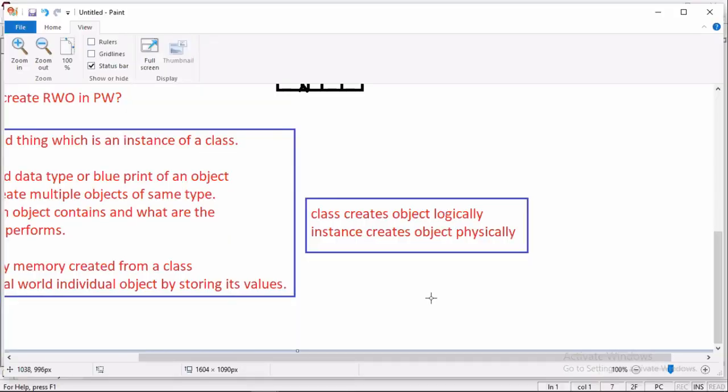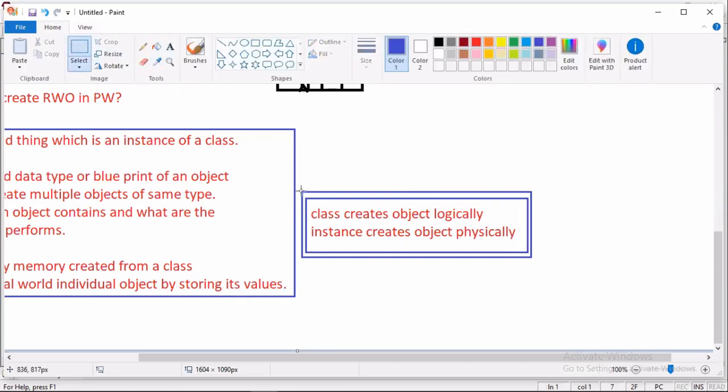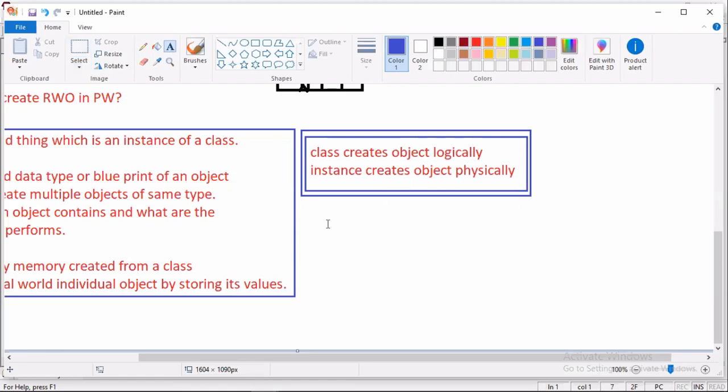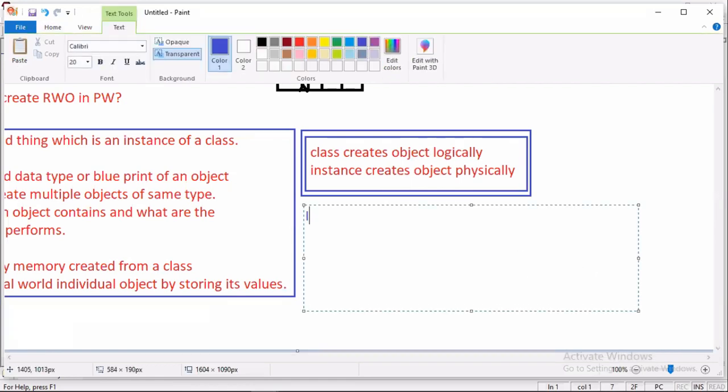Fourth step, what is the procedure to create a real world object in the programming world? Tell me. It is a 3-step process, right? Creating a real world object in the programming world is a 3 step process. What is the first step?